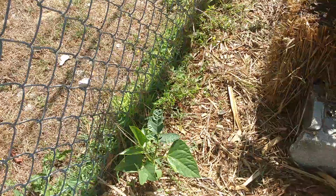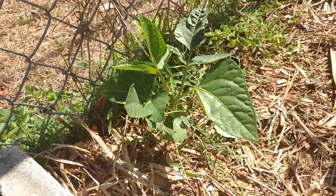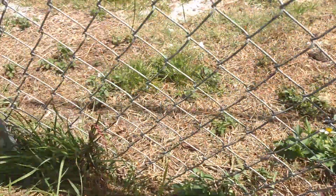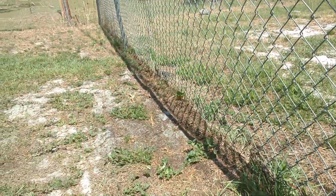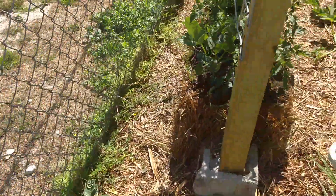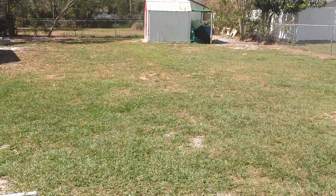No lack. I got a little northern bean down here, just kind of hanging out in the corner. Nothing really came up along the fence. There's a couple of bean plants there I see, but it's really dry right now. Starting to get into summertime already in Florida,